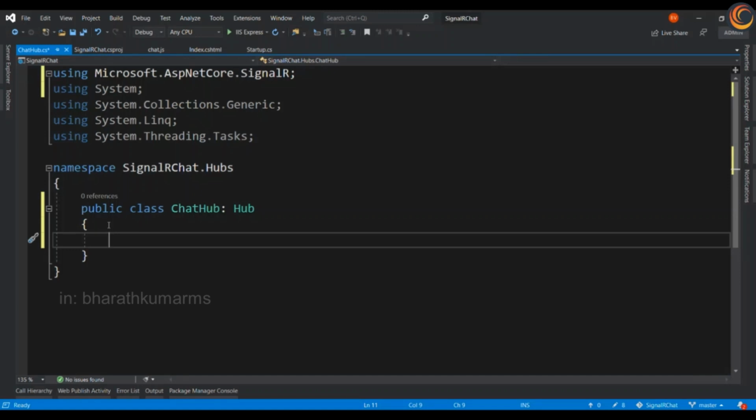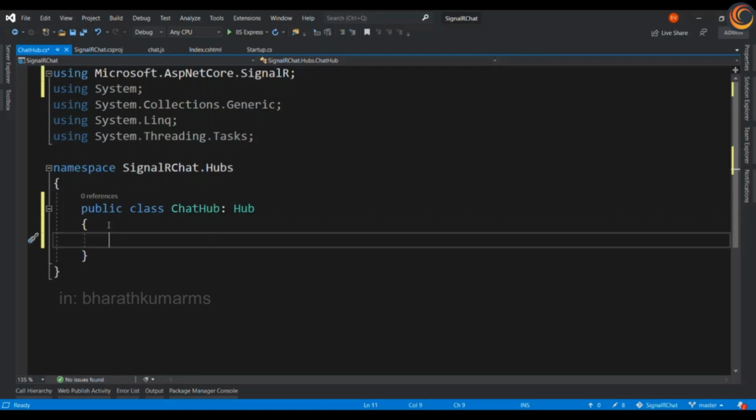We will write the SendMessage method, which can be called by a connected client to send a message to all clients. These calls are asynchronous. The Hub class manages connections, groups, and messages. We will see that all in action once we are done with the chat.js code as well.